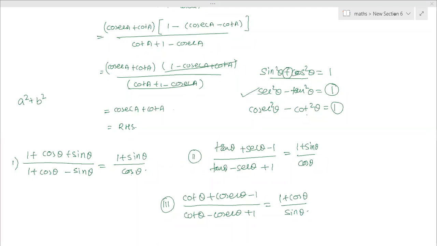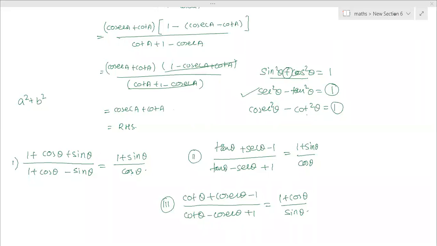Why we have to do that? Is this clear? Ma'am, in the second question, we have to divide by cos, no? Why divide? Which question? Second question, tan theta plus sec theta minus 1. Already the value 1, if we replace in the form of sec square minus tan square, so that you can factorize easily. So no need to divide with anything. In the third question also the same thing. Substitute 1 with cosec square minus cot square. Only in the first case, when the question is in the form of sine and cos, you have to convert that into cosec and cot or tan and sec.